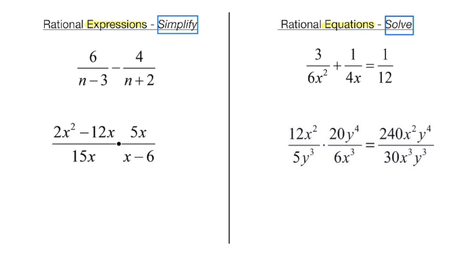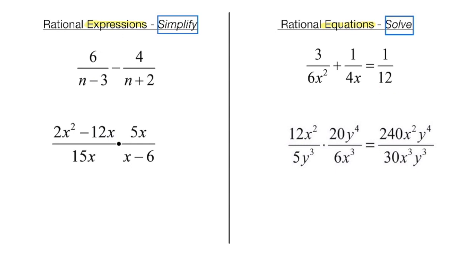Well, hopefully you can see that on the right-hand side, we have equals and then a value. So if we have an expression, there is no equal sign. All we can do is simplify it down. If we have an equation, now we can actually get the value of the variable that would make this a